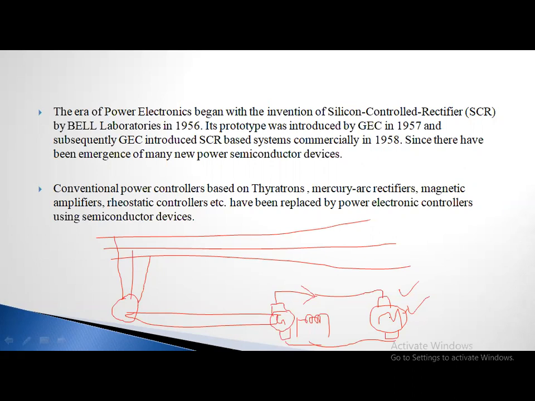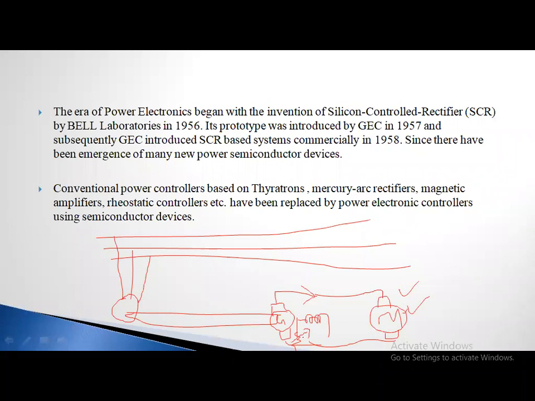Because if the voltage changes, the EMF changes. If the EMF changes, the motor speed changes, because the speed is directly proportional to the voltage. If the voltage is controlled, automatically the speed is controlled. So how is this voltage controlled? Whatever energy we get from the DC generator, that voltage should be controlled by varying the resistance. Here we are using one more resistance, that is the variac.